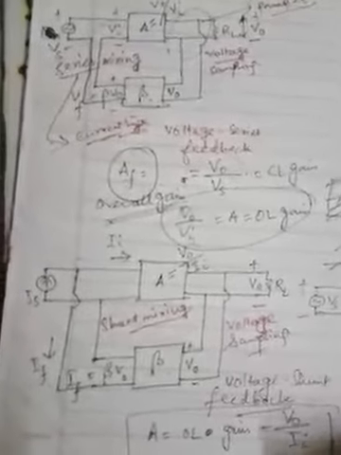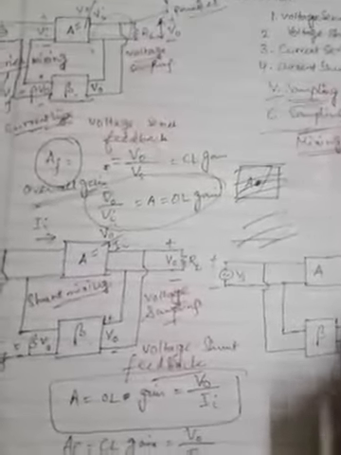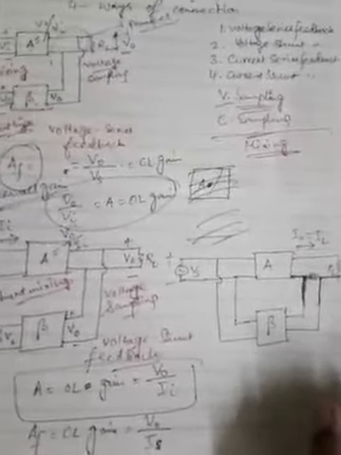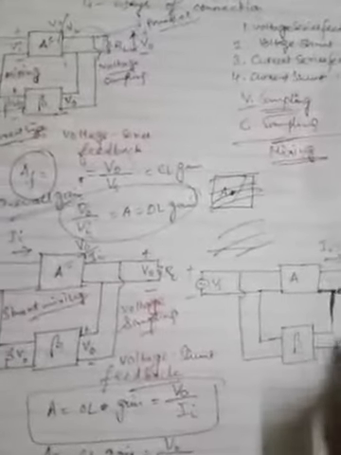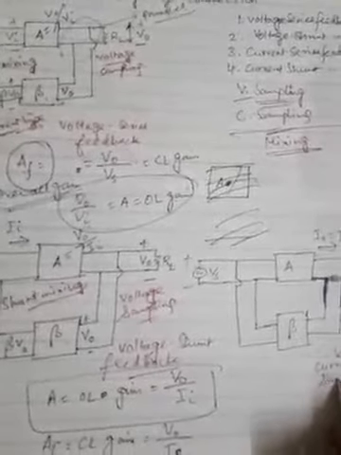and that once again is fed back in this fashion, which, you can see, is in parallel fashion. So what we have done, we have taken in series. So this is in series. The sampling is done in series, and what quantity, voltage or current, is taken in series? Current is taken in series. So from the output it is called current sampled. So this is current sampling done here.